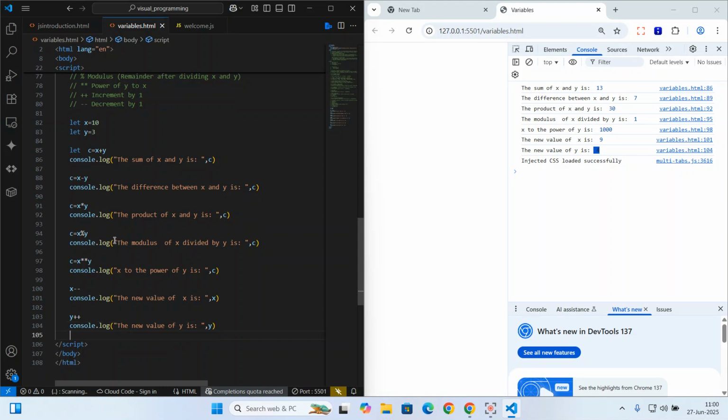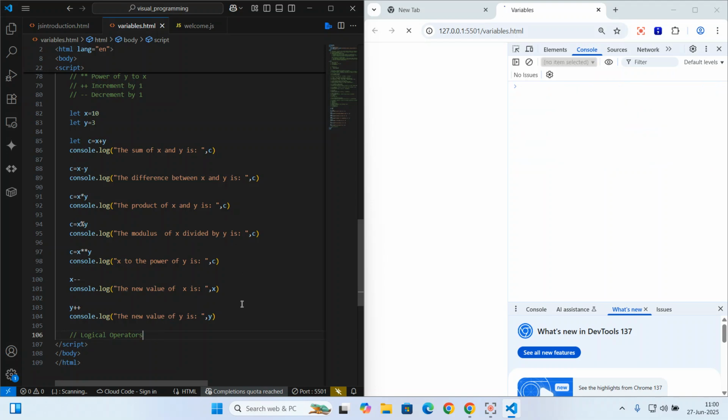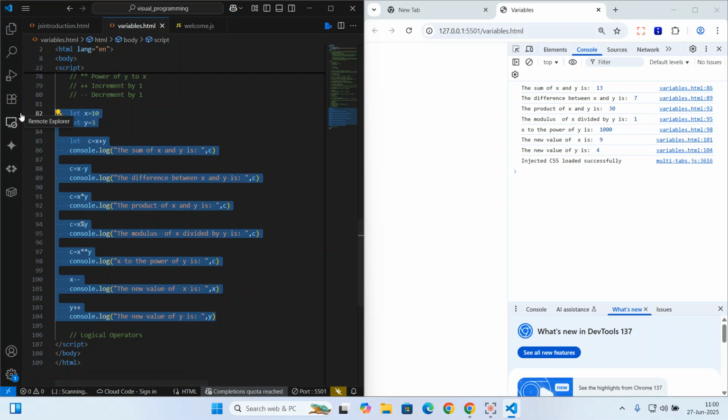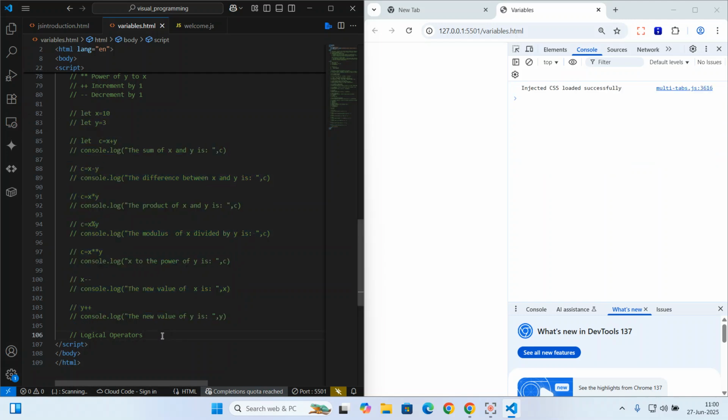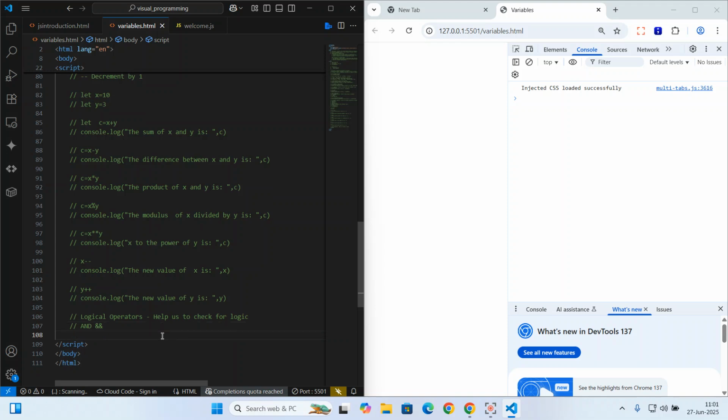Now, let's look at logical operators. So logical operators are the operators that help us to check for logic. They're basically just three. So we have and, which is actually written with ampersand like that. So it means that you have two conditions and you want to compare if those two conditions are actually true or false. So for example, I can say,